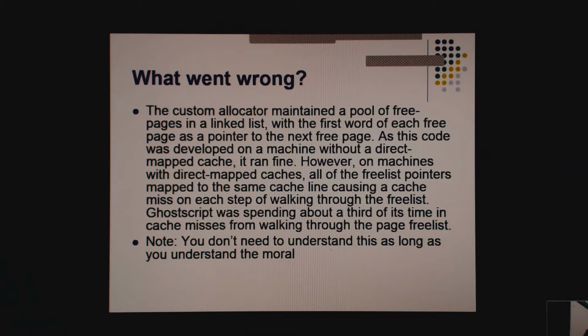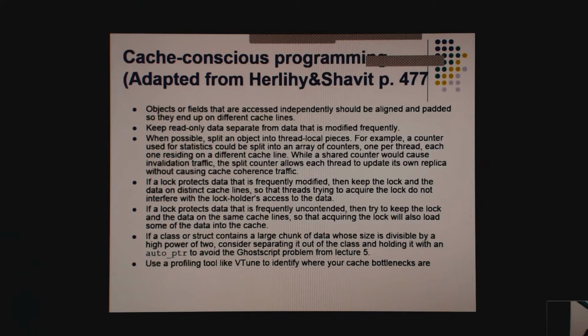All right, so we're going to come back to this in a minute, but over-tuning your memory management increases the brittleness, right? If you just used the standard allocator, this program might have been a little slower, but it couldn't be broken by a change in processor architecture because the standard memory manager would be upgraded. And so here are some rules from